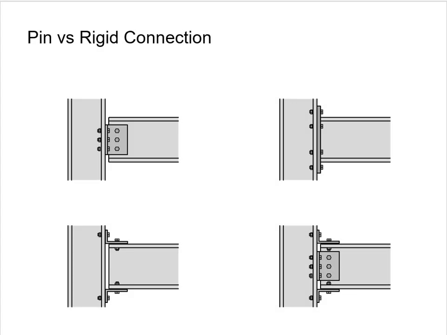I hope at this point you are wondering, how do I know whether a connection ties rotations together or not? The reality is, all connections have some relative rotation and transfer some moment. But we idealize each connection as having either zero relative rotation, a rigid connection, or as having unrestrained relative rotation, a pin connection. In order to decide which designation to give a connection, we consider how an internal moment might